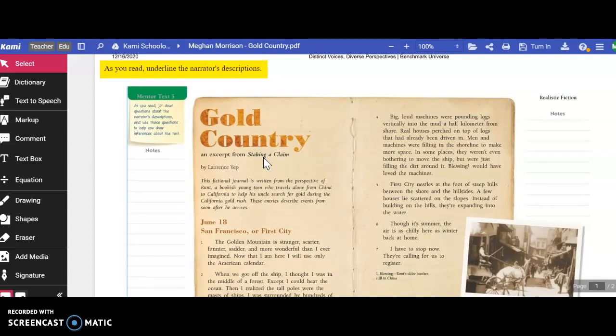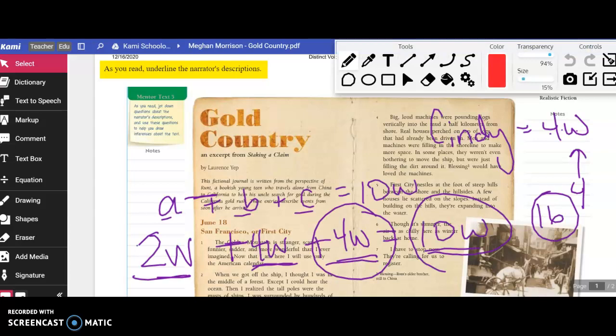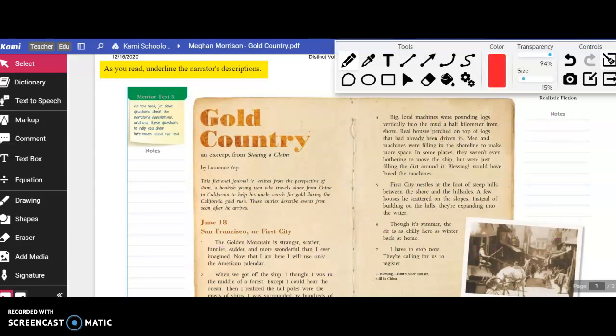So again, while you read or after you've listened to it, you need to underline at least 5 descriptions. Okay? So 5 descriptions is what you're underlining. Okay? And then the question you're answering